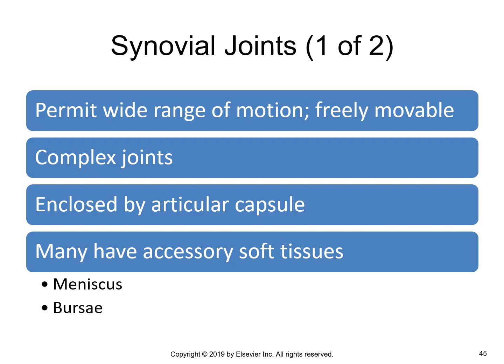Synovial joints are what the lay people, what the general population, thinks of when they think of body joints. They permit wide ranges of motion. They're freely movable. Some of them are complex and have many parts. They're enclosed by a membrane capsule called the articular capsule, or sometimes the synovial capsule. Many have accessory soft tissues, like the knee has menisci, and the shoulder and the knee both have bursa,